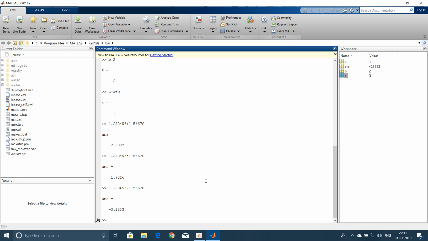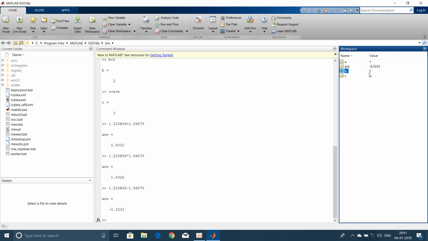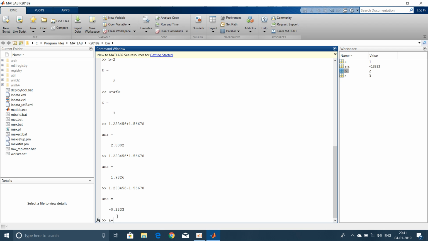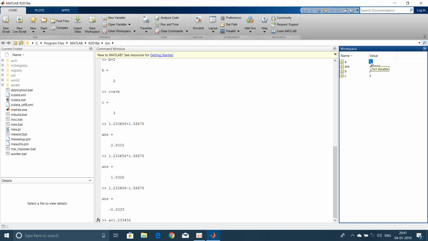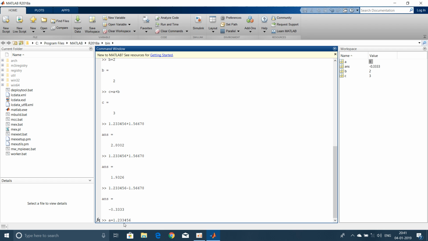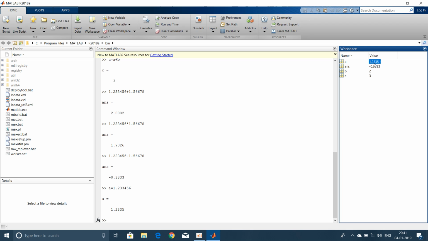So what if I did this? I assigned the values of 1.233456 into A. Currently A has 1 stored inside it, B has 2 stored inside it. In this scenario, if we just write A is equal to 1.233456, it would just overwrite the value of 1. So 1 gets erased and 1.233456 gets stored into A. As you can see, 1 has been erased and you have